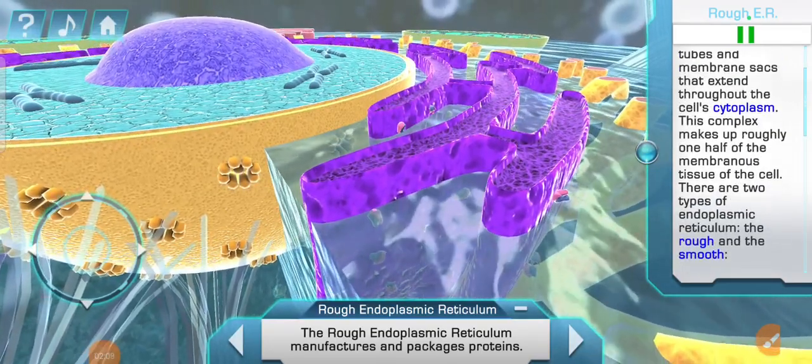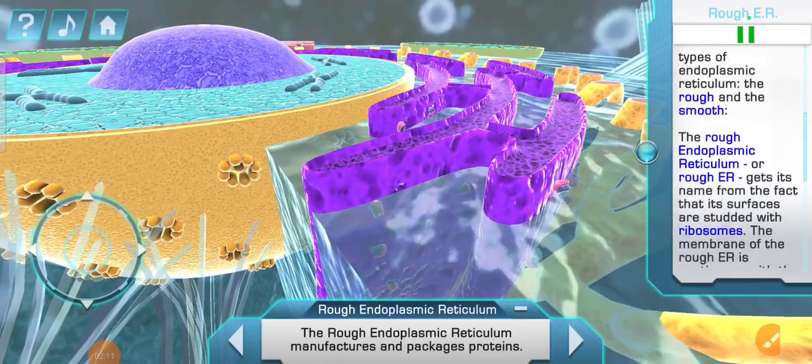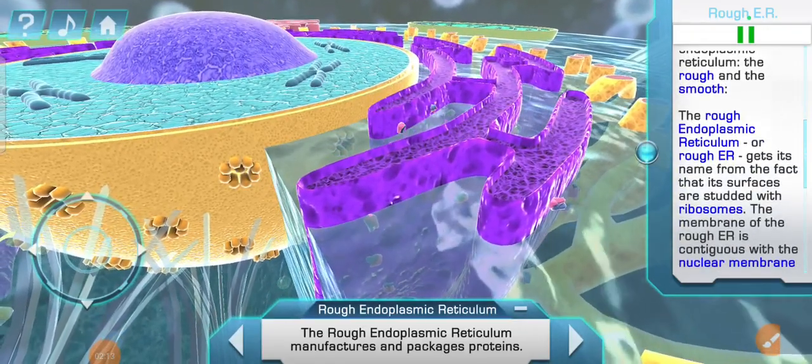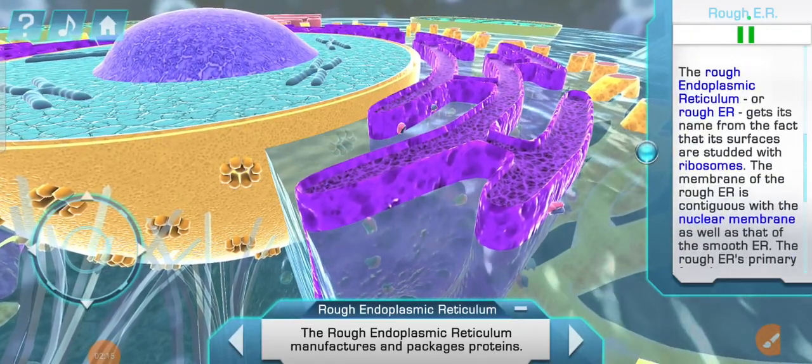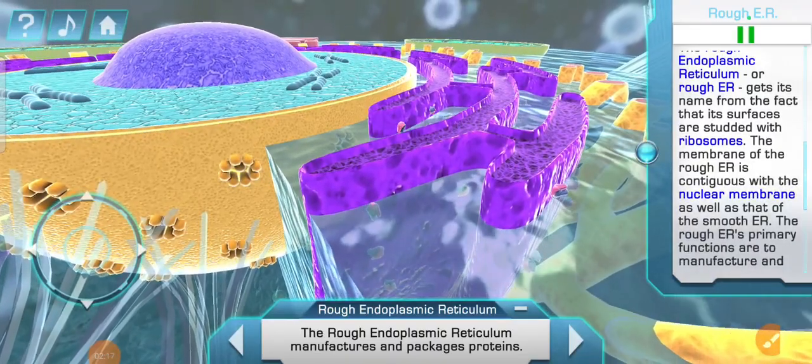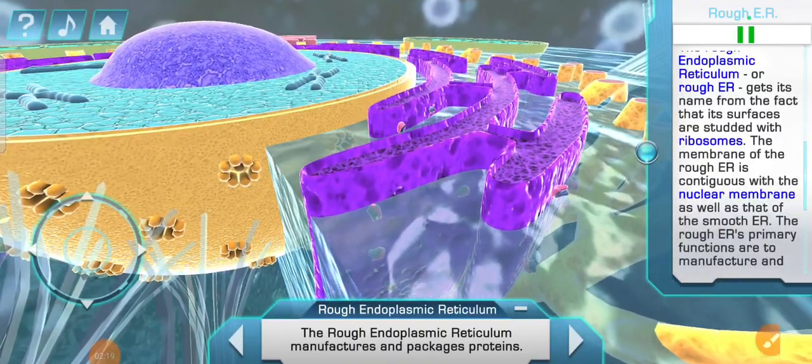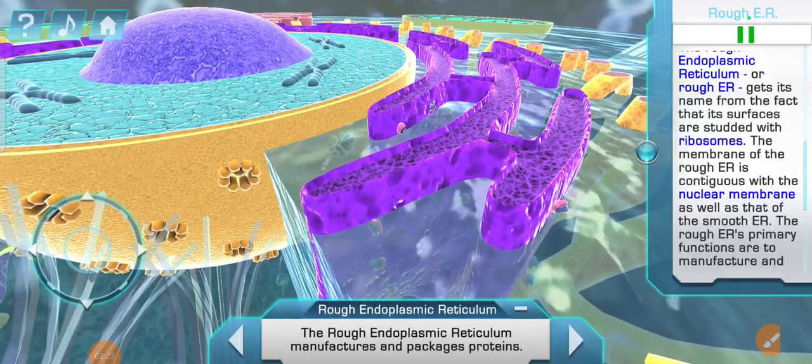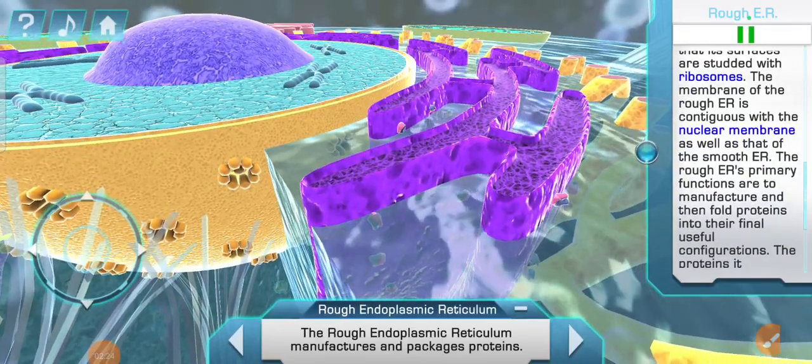There are two types of endoplasmic reticulum, the rough and the smooth. The rough endoplasmic reticulum, or the rough ER, gets its name from the fact that its surfaces are studded with ribosomes, and the membrane of the rough ER is contiguous with the nuclear membrane as well as that of the